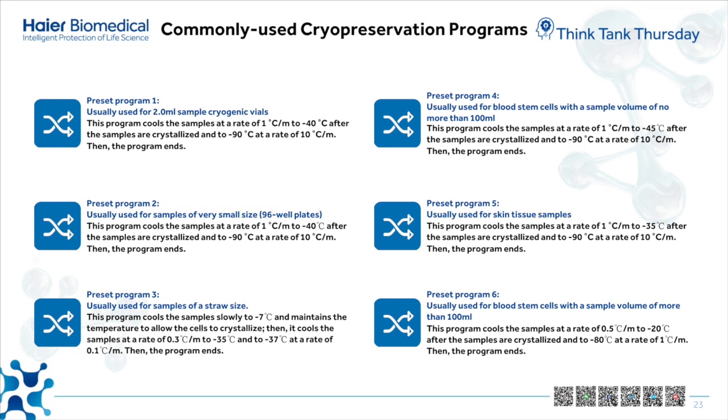For the preset program 4, usually used for blood stem cells with a sample volume of no more than 100 mm, this program cools samples at a rate of 1 degree per minute to minus 45 degrees after samples are crystallized, and to minus 90 degrees at a rate of 10 degrees per minute. Then the program ends. For the preset program 5, usually used for skin tissue samples, this program cools samples at